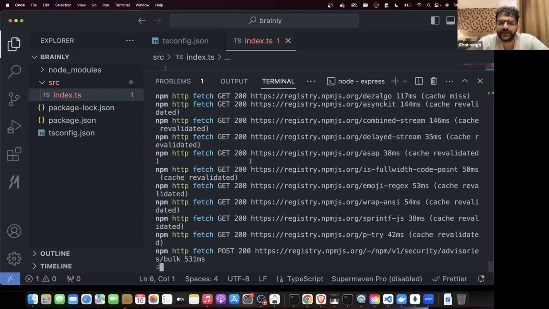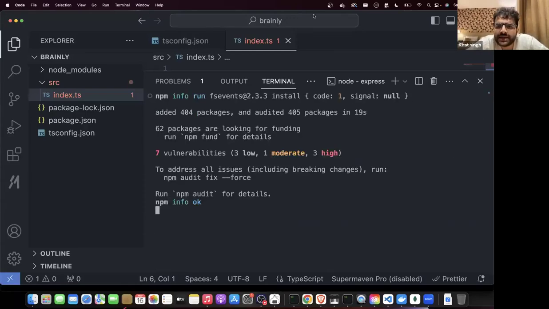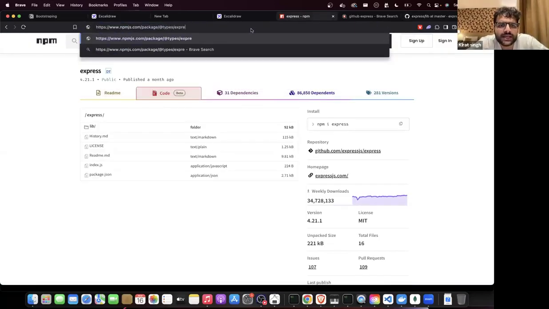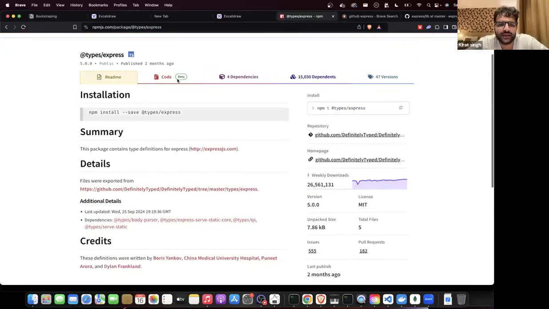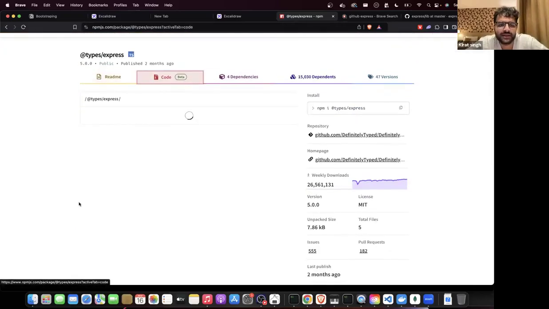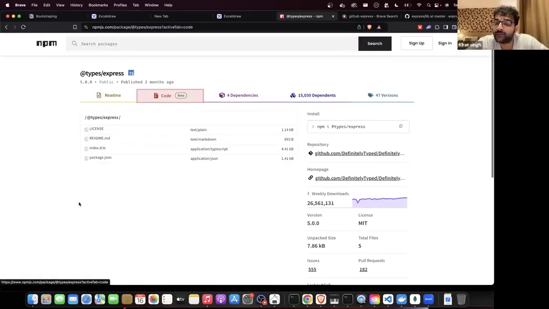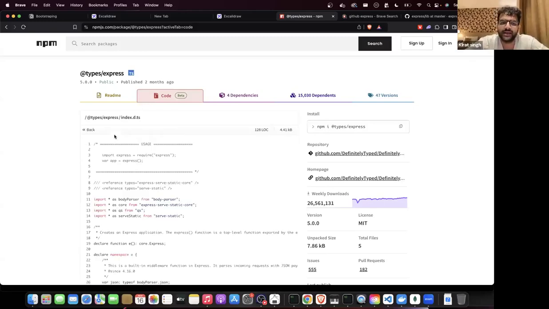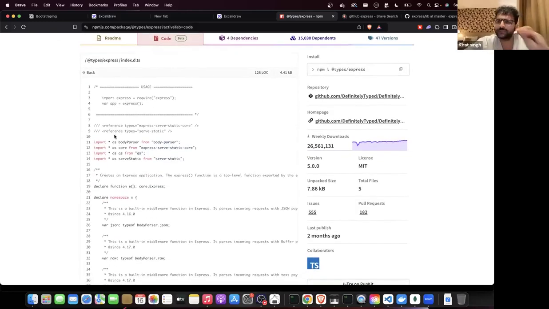Let's install @types/express. Let's see what @types/express looks like here. Okay, this is a new library, @types/express, and it looks like this. Now in its code, can you see a .d.ts file? Yes sir. This is the declaration file. It is written separately. If you write TypeScript code, you can spit out a declaration file very easily. When you build it, it's very easy to spit it out. You don't have to write it by hand. You don't have to write it manually.